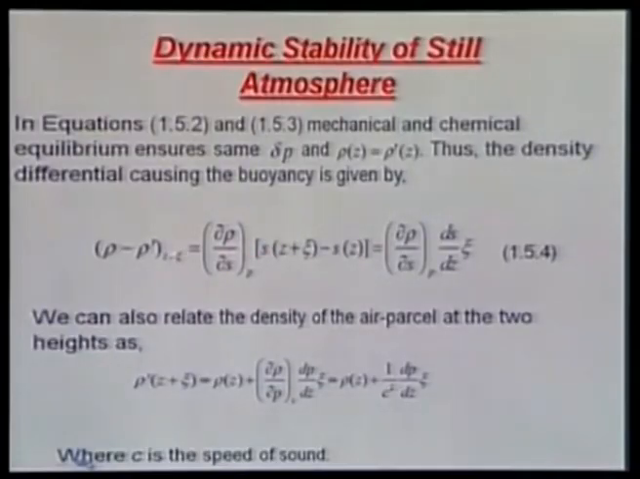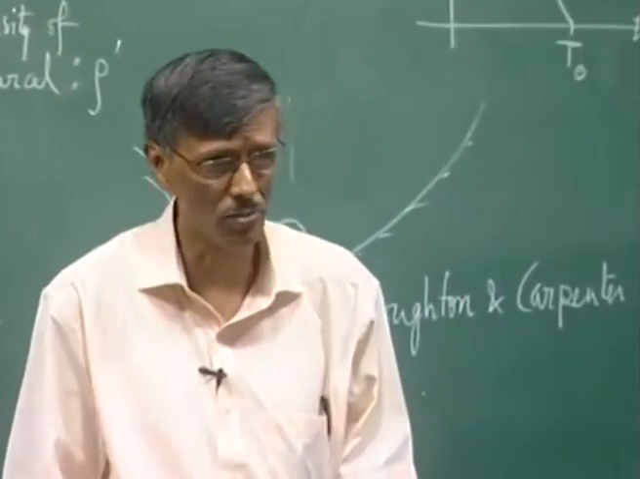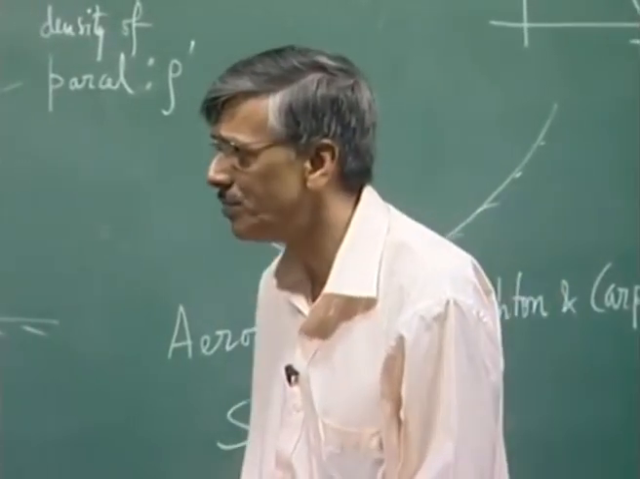Now, you are seeing that the buoyancy force actually depends on this ∂ρ/∂s times Δs, and that Δs itself I could write as ds/dz times ξ, right. That is what it is. It is a chain rule. That is what we have done. Now,